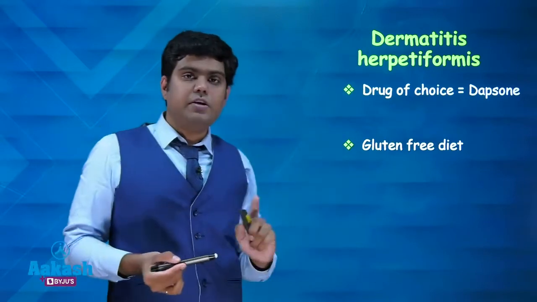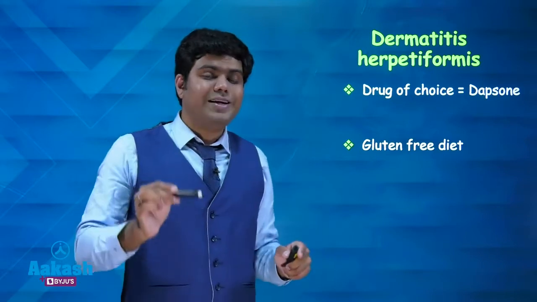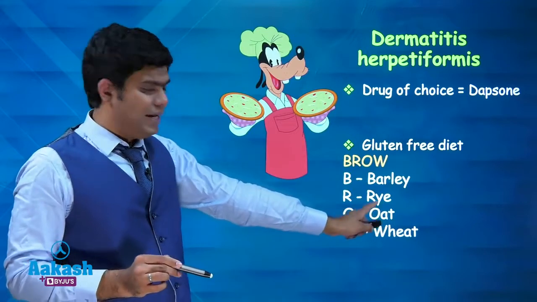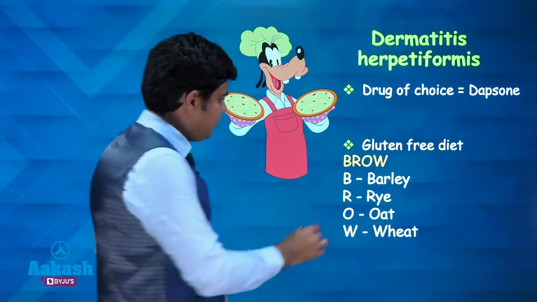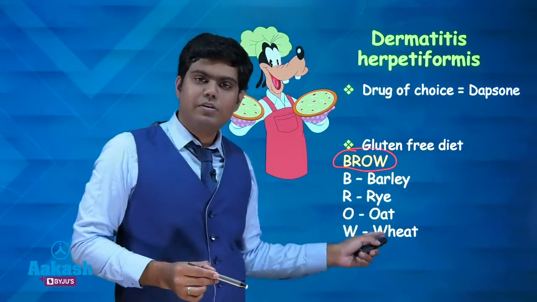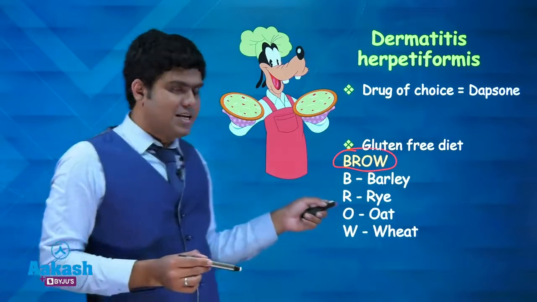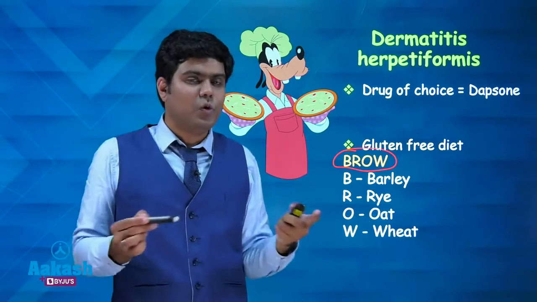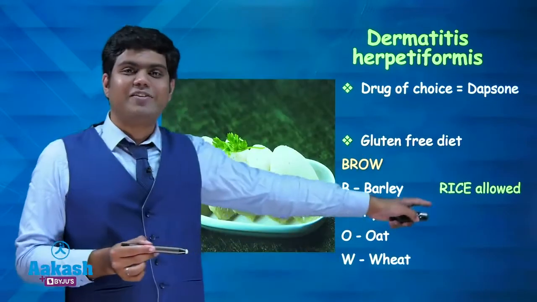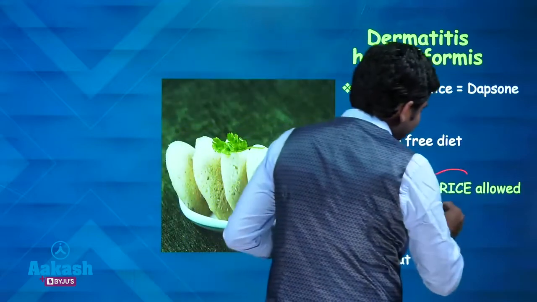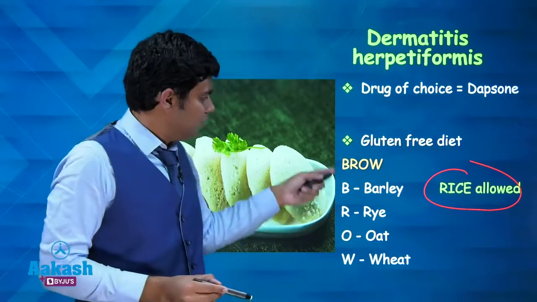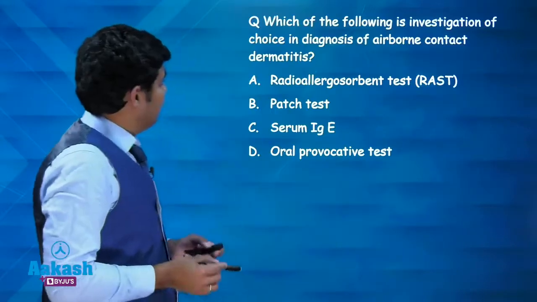So what are the gluten-containing foods? That is also an MCQ. So gluten-containing foods that have to be avoided by the patient include what? Barley, rye, oat and wheat. Mnemonic you know already, bro. Barley, rye, oat, wheat. That means, can you eat pizza? No, you cannot eat pizza. Can you eat a sandwich? No, you cannot eat a sandwich. So what else can you eat then? You can eat South Indian. Why? Because rice is allowed. Okay friends. So rice is allowed, but rye is not allowed. Please keep this in mind. Okay. This also has been asked in the form of MCQ. Okay. Let us move on.